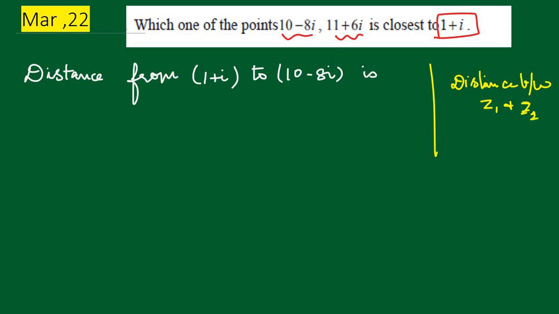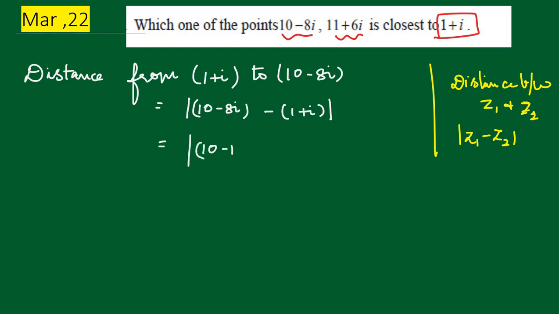We know what the distance formula is. The distance formula is given by mod of z1 minus z2. So the two given points are 1 plus i and 10 minus 8i. Now that can be written as the modulus of z2 minus z1. I take 10 minus 8i minus (1 plus i), which is equal to the modulus of, take the real parts together,